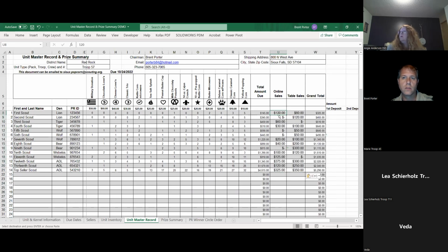So online sales comes in and you're going to go through and fill all those out. Okay. You also have a column for table sales. This column allows you to divvy up table sales evenly without having to give this scout the classic trio and then give this scout 3 yellow popping and then give this scout a butter and a caramel, trying to divvy it up that way. Take the dollars, divide it amongst however you decide to divide it, put that dollar amount in your table sales. Okay. There's another way we can calculate this as we go, and I'm going to show you that here in just a second.